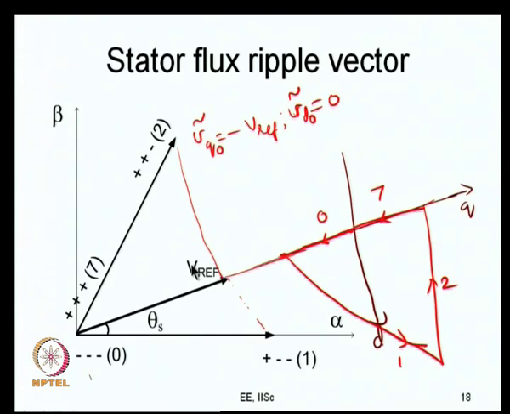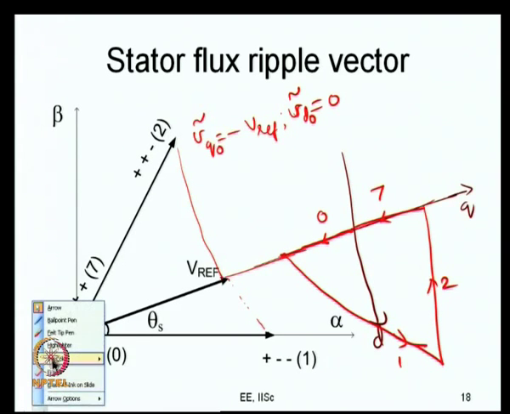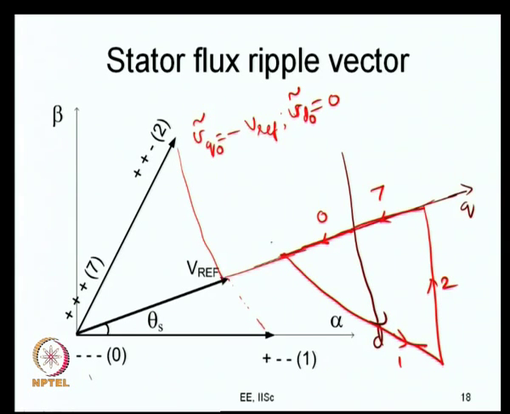is Vref vector. So, what is the difference? V null vector minus Vref vector, which is actually minus Vref vector. So, the error voltage vector is minus Vref vector, and you integrate that, you get a vector which really grows like this. Now, this is at the instant Tz by 2. Let me write that down. This is at the instant 0.5 times Tz.